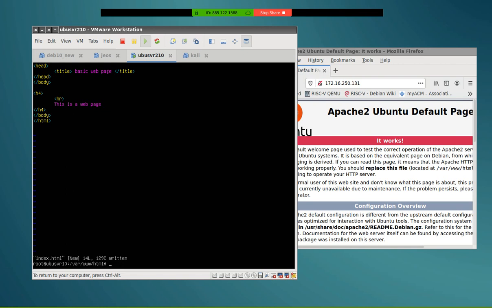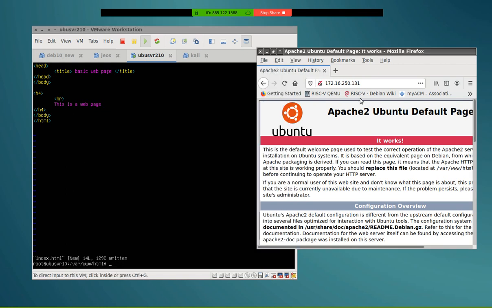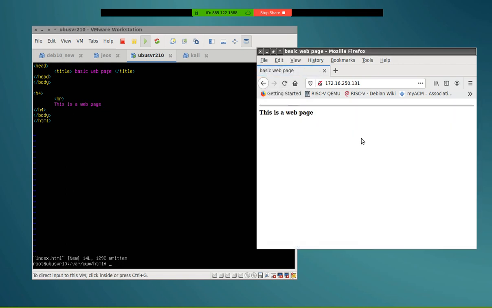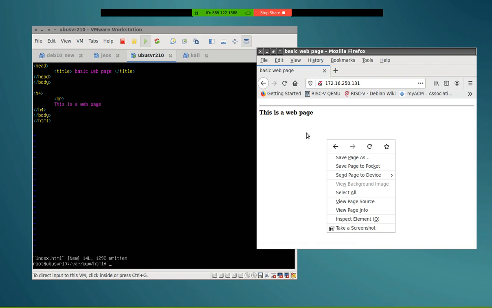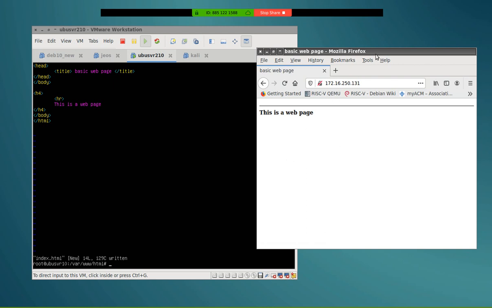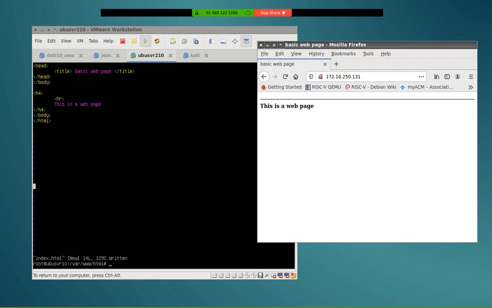Save. Refresh. Screenshot. Prove to me you did this, and make that part of your documentation. That's it. That's all you have to do for installing Lamp stack and changing the default